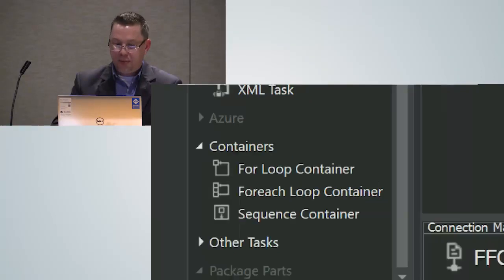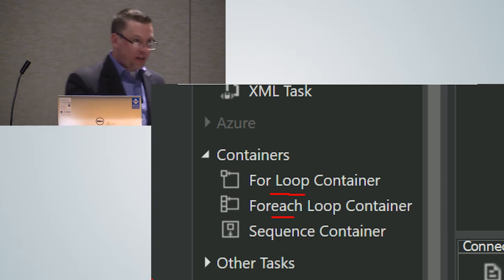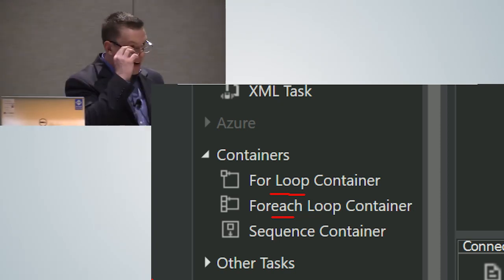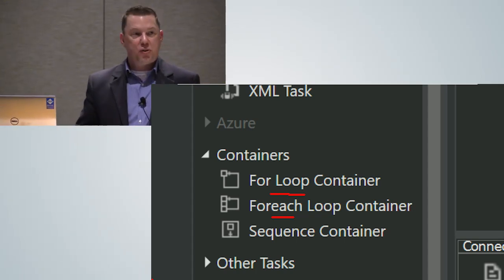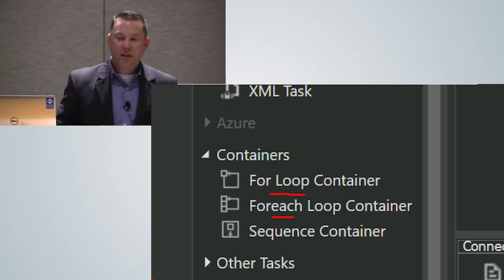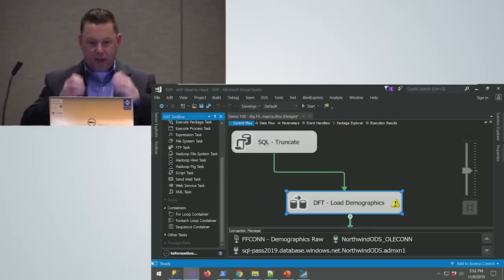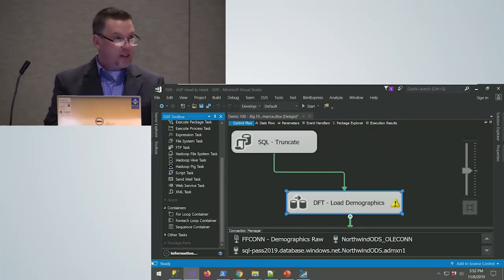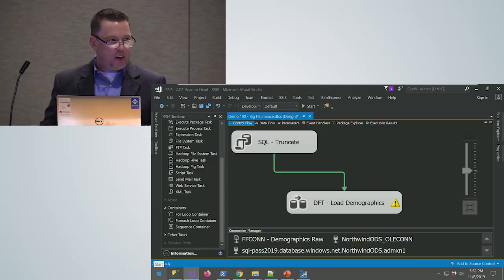I've got a For Loop and a Foreach Loop that will let me loop through things. One of the handy features that you'll see in that Foreach Loop container is that I can point to a directory and say I want to process all the text files in that directory one after another. I don't have to write any code to tell it to enumerate those files and bring it into the data flow. So those are some of the nice ways that Integration Services will let me integrate with data. These have parameters and expressions as well, so if you need to inject some dynamic behaviors in there, it will let you do that.